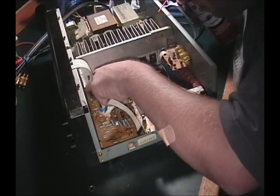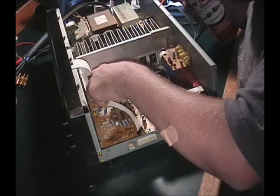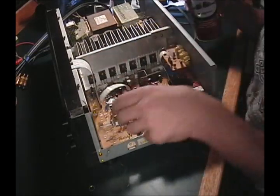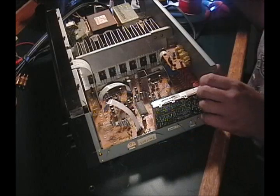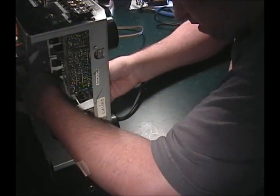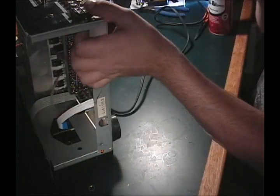Ooh, I don't like that. There's a transistor back there that moves a little too easily, so I'm going to have to flip it over and take a look at that. Yeah, just the legs are...